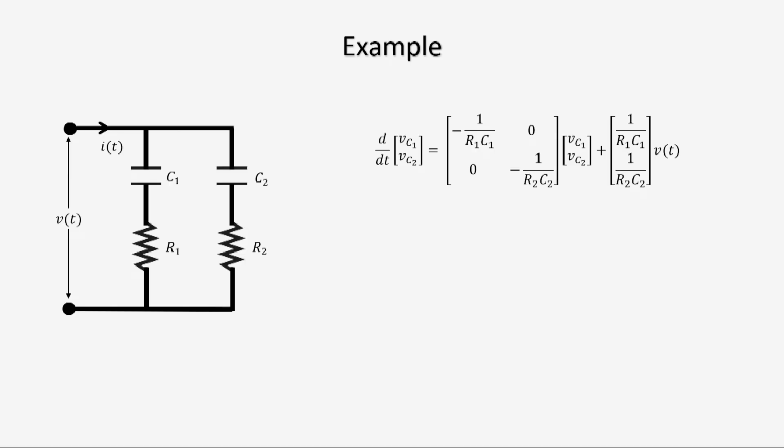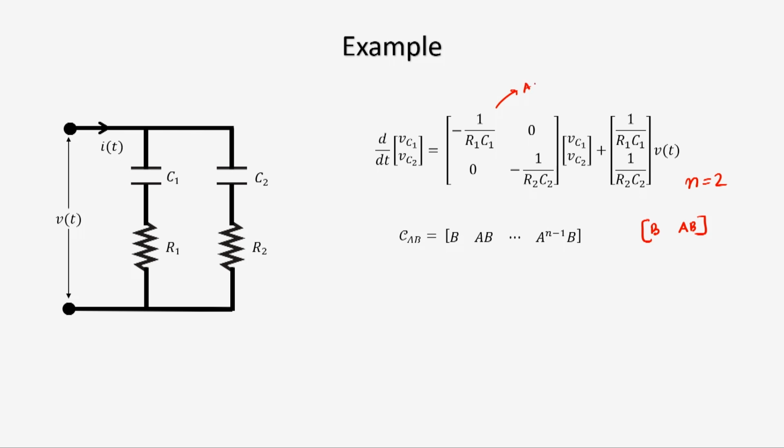Let us look at this example RC circuit that we had taken. This was the state equation that we got. If I have to ask whether this system is controllable or not, one way is to find the controllability Gramian WT and see whether it is non-singular or not. But an easy way of checking this is the controllability matrix. What was the controllability matrix? It was B, AB, A squared B, up to A to the power n minus 1 B. In this case, n is 2, so this will be only B and AB.